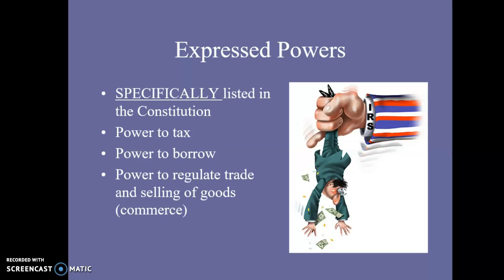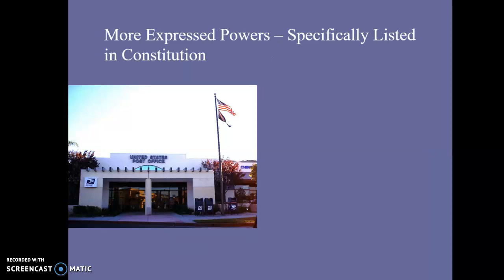Congress's express powers: power to tax, power to borrow, power to regulate trade. This is what I was talking about earlier, via the necessary and proper clause, or the elastic clause, to trade interstate, to tax interstate commerce, and also what we call coinage functions, the power to print currency and make coins. So in the context of the United States, we have one federal government printing money or coin notes for all 50 states. Each state is not printing its own separate color dollar bill. You have one currency for all 50 states.